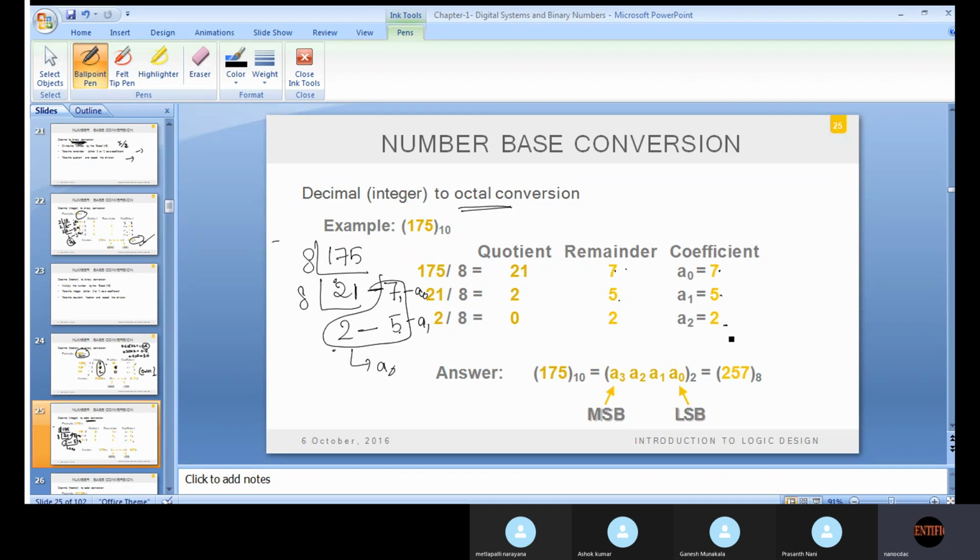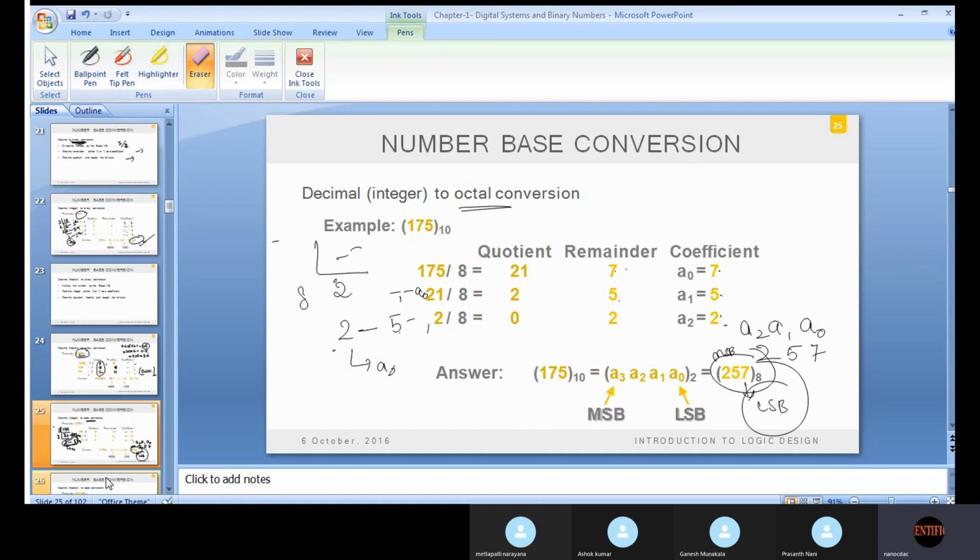Okay, so the answer you have to write from MSB to LSB. So a2 first, a1 after, a0 last. So 2, 5, 7 you should write. Okay, you know this is called MSB, most significant bit, and this is the least significant. Okay, so MSB to LSB you have to write. Okay, next